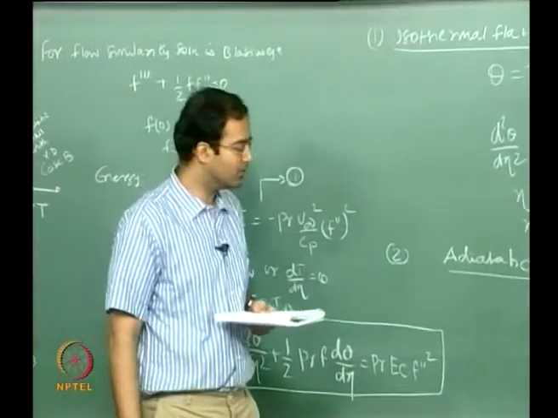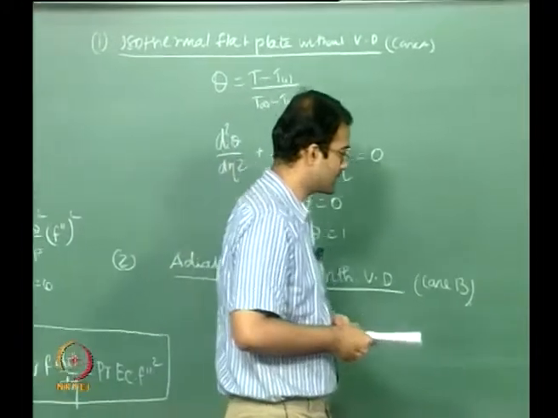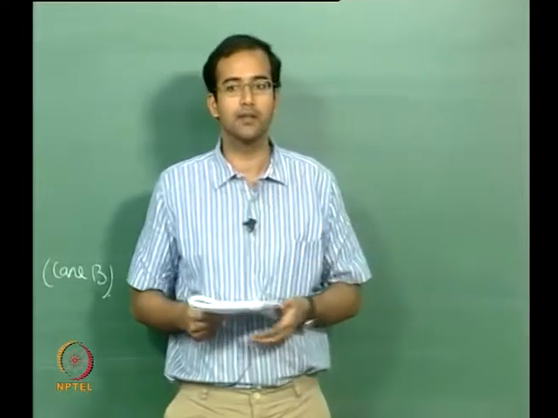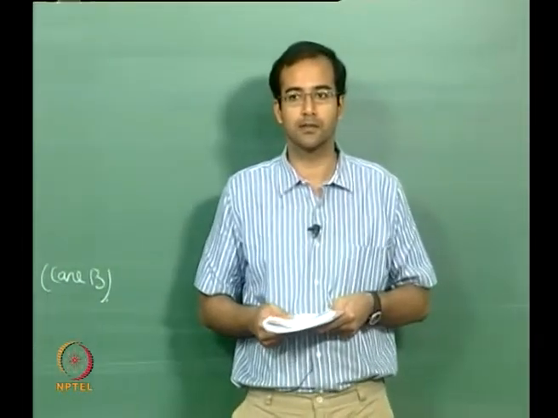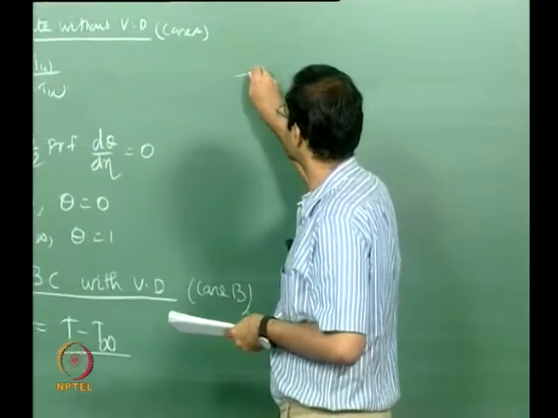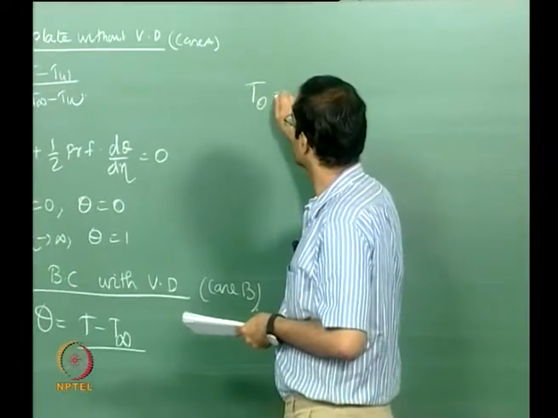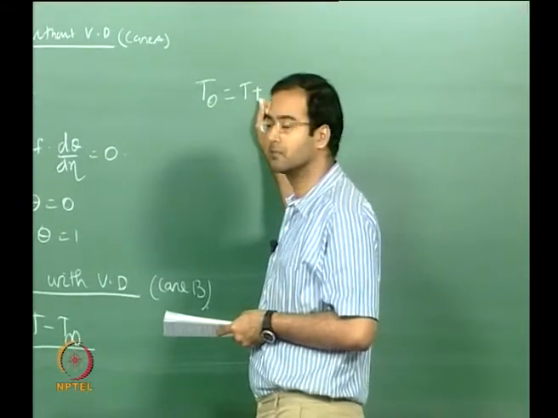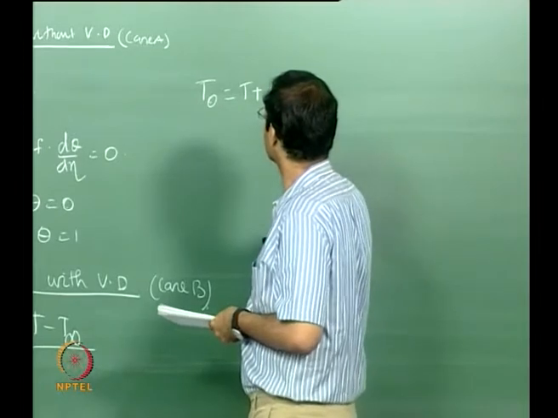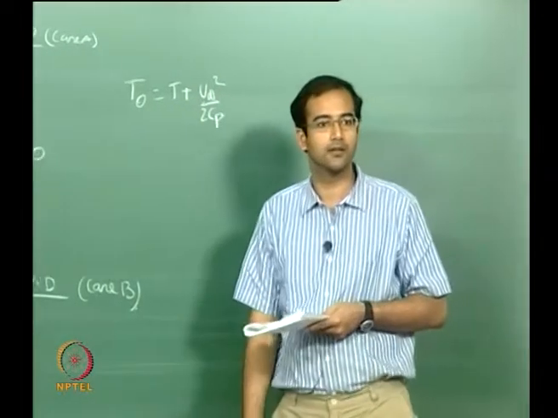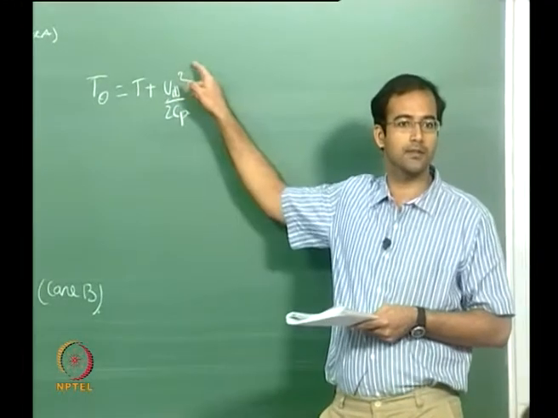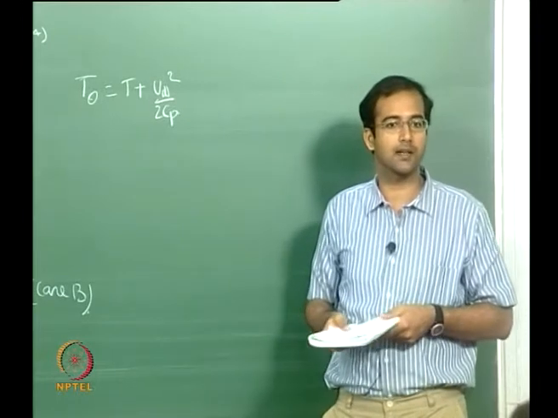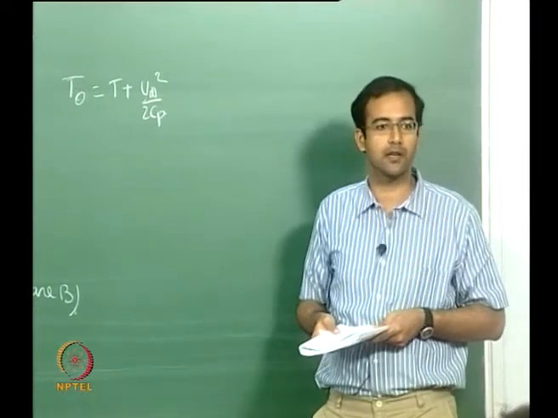So what I would like to do, generally in high speed flows there is a difference between the static temperature and the stagnation temperature. If you are looking at compressible flows, what is the relationship between the stagnation and static temperature? V square by 2 Cp. Of course at low speed flows the velocities are so small that you can neglect this, and therefore you can approximately say your static and stagnation temperatures are the same, but in high speed flows you cannot do that.